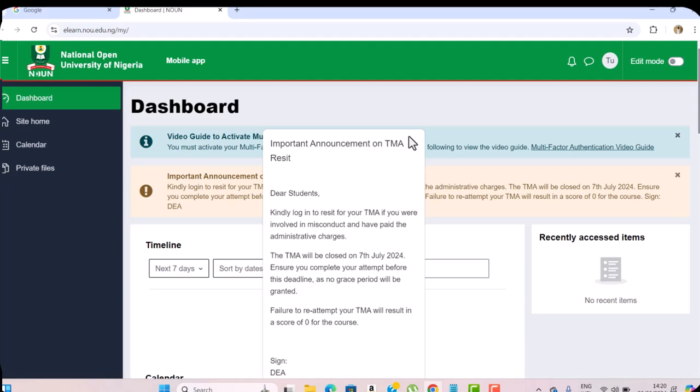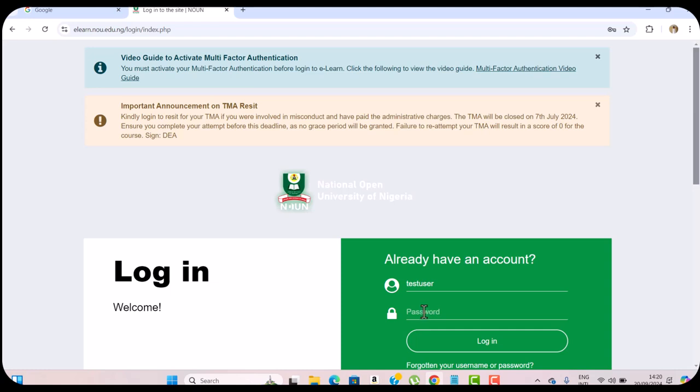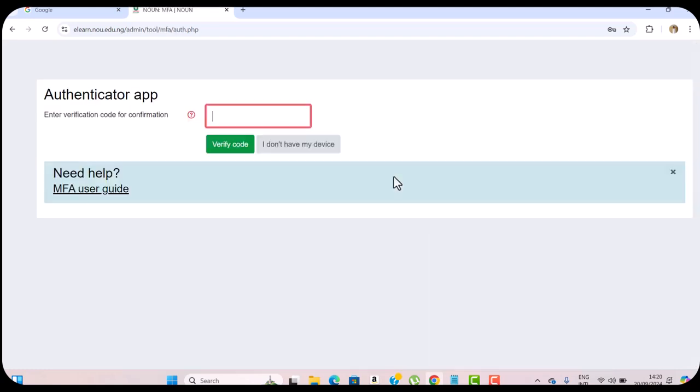And for those who are already existing students, but they changed their email on the eLearn portal from their NOUN email address to their student email address, what they have to do is they use their regular login details, which is their username and their password. After putting in their username and password, it's going to take them to a page where they're supposed to put